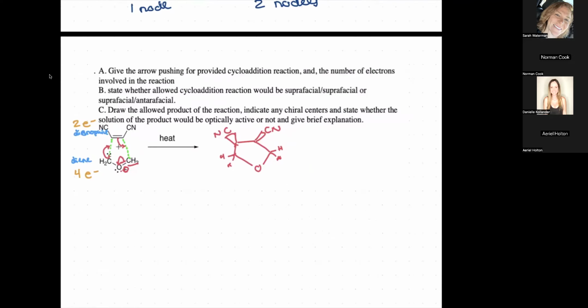optically active or no? And why or why not? Optically active because it's meso. Yay, meso, optically active, right? Okay, so